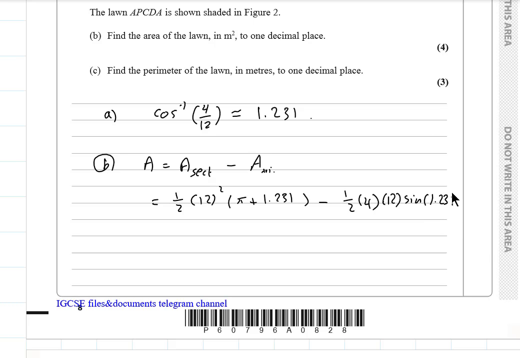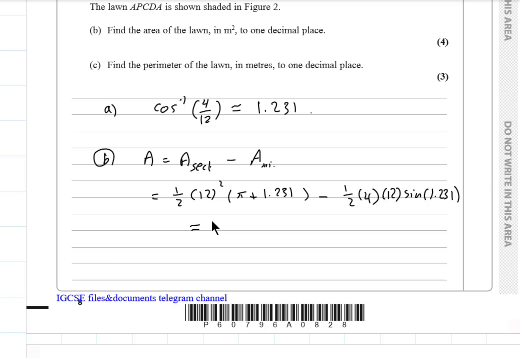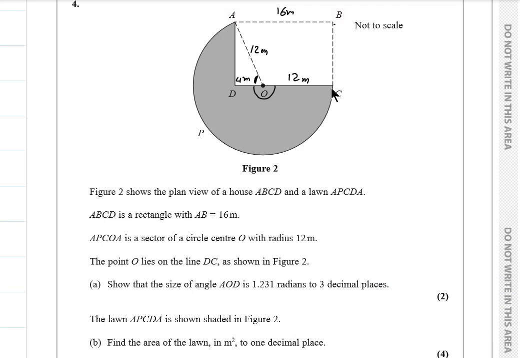Okay, it will be to 1 decimal place, 292.2 square meters. Okay, part C: find the perimeter of the lawn in meters to 1 decimal place. To get the perimeter we will do the following. We will calculate the arc length APC, and then plus this 12 radius, and then plus 4, which is 16,